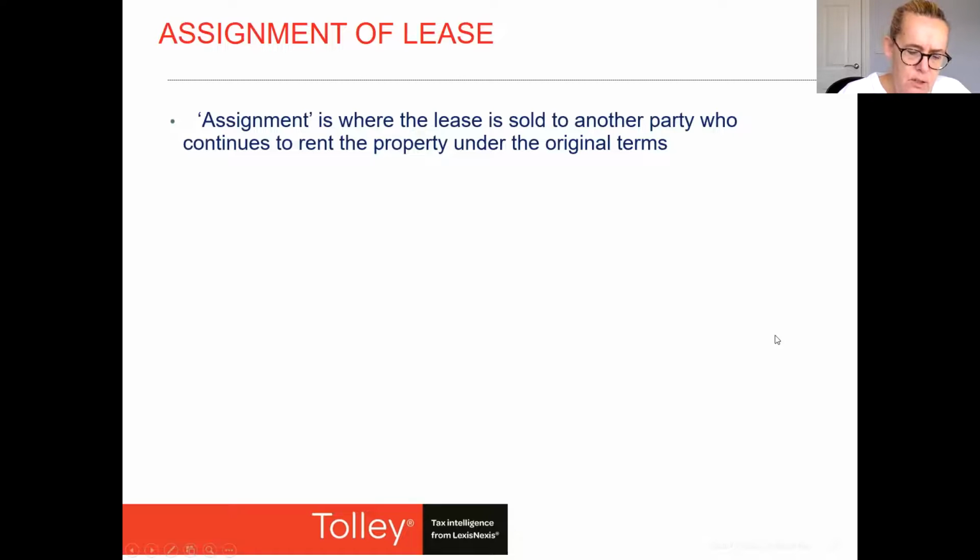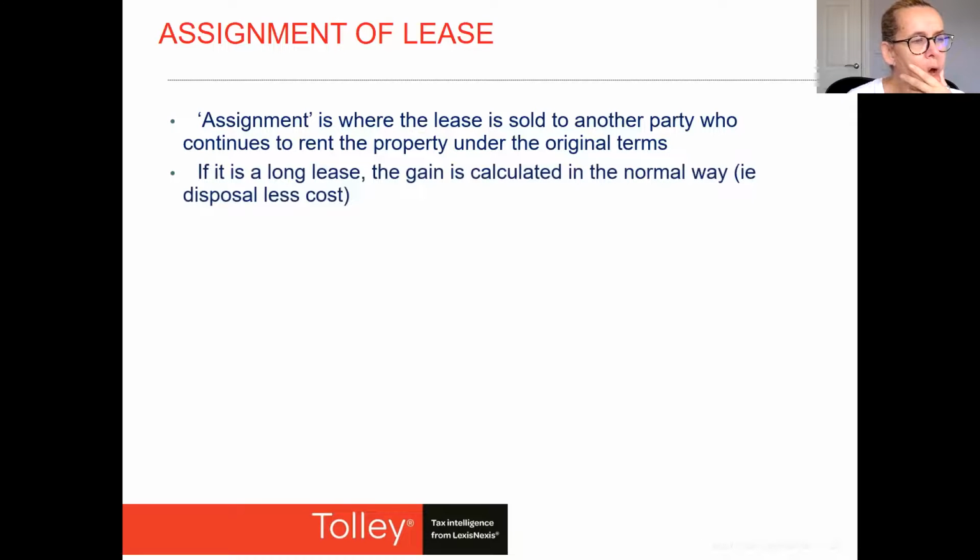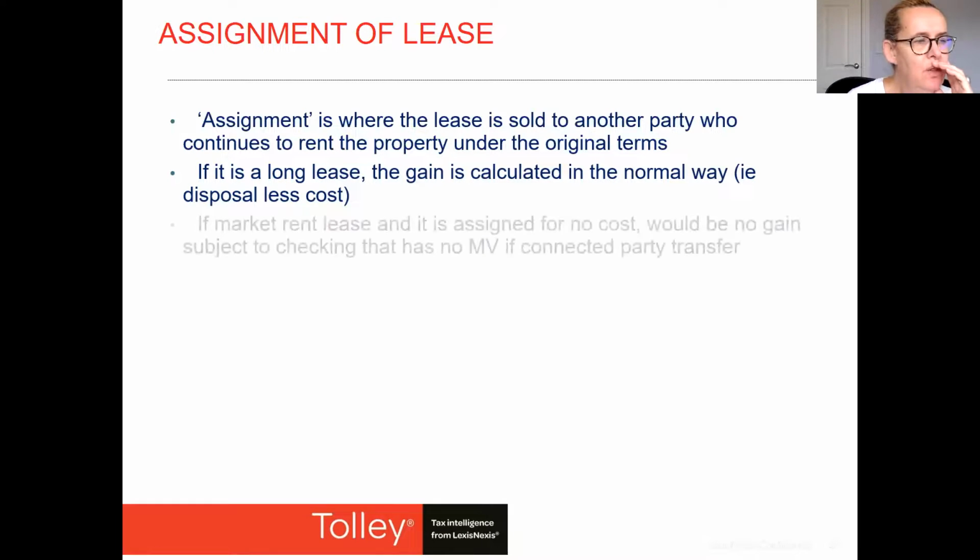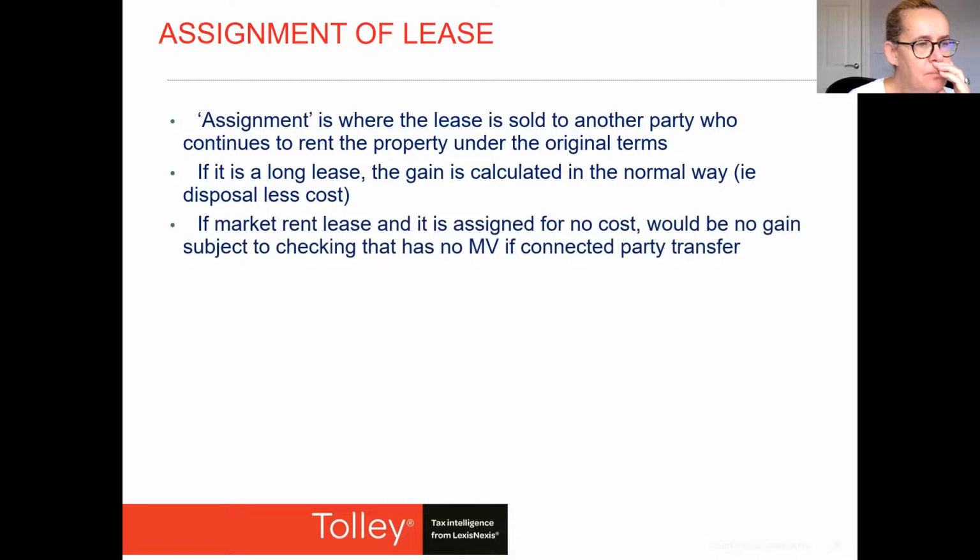Okay, assignment of a lease is just a sale. Effectively, it is going to be where the lease is being sold to someone else, and it is no less of a disposal than a disposal of a freehold is. Assignment would normally cover a situation where you actually sell the lease to someone else. Obviously, if you sublease, then it's just the grant of a lease, and there are complications on granting of leases, but we're not going to talk about those today. Again, if it's a long lease, it's just calculated in the normal way, disposal value less cost. The complication comes, if